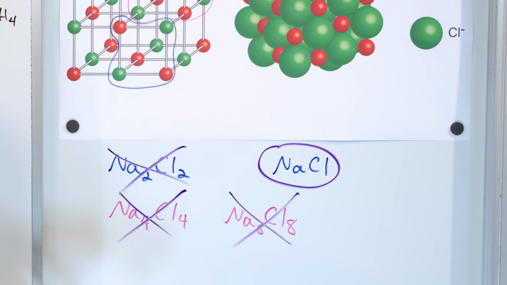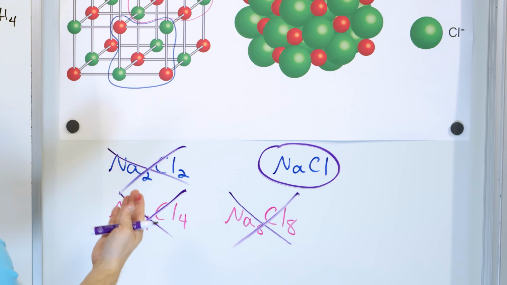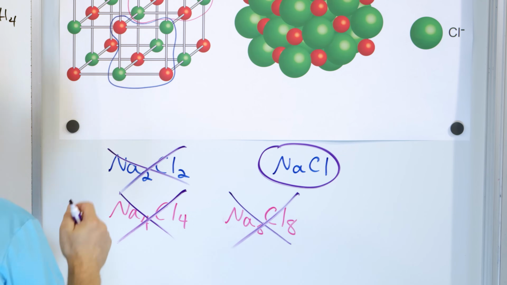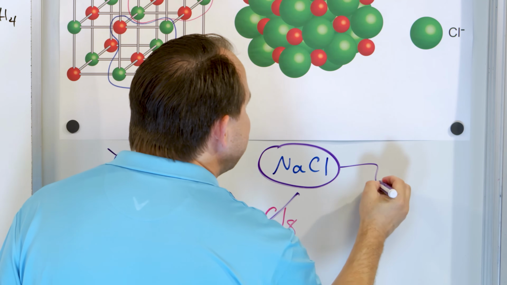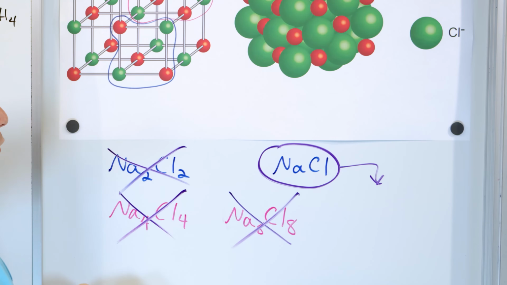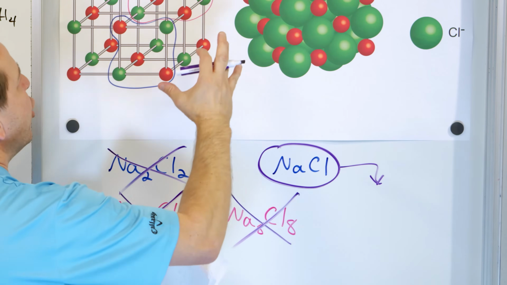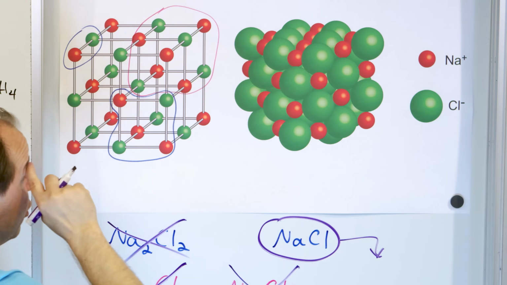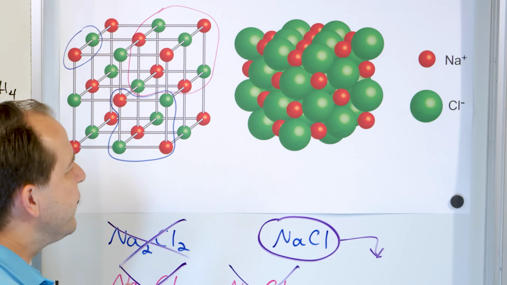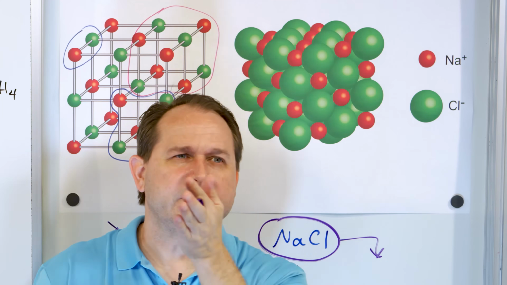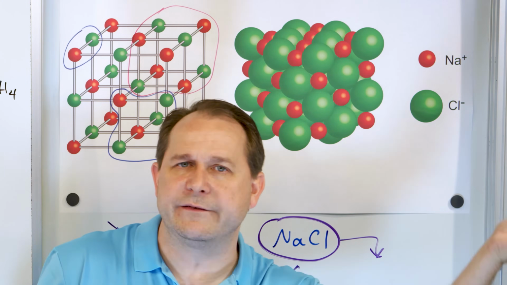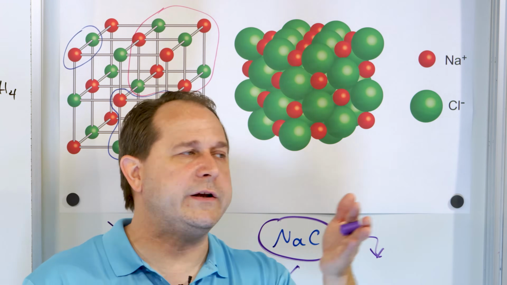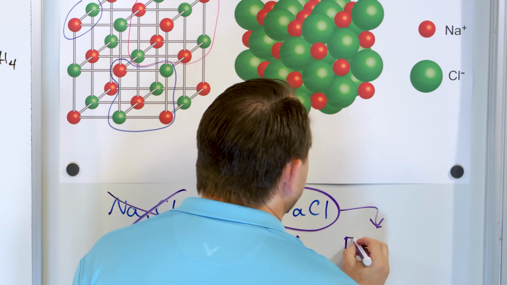And it behaves like a fraction, because if you have 4 to 4, that's the same as 1 to 1. Or 8 to 8, that's the same as 1 to 1. Or 2 to 2 is the same as 1 to 1. So we say this is the quote-unquote chemical formula for sodium chloride, even though it's a bunch of things bonded together. It's the smallest ratio of sodiums to chlorine in this situation. Other situations might have 2 atoms of magnesium bonded to 1 atom of something else, and the ratio would be 2 to 1, but for sodium chloride, it's 1 to 1. We call this a formula